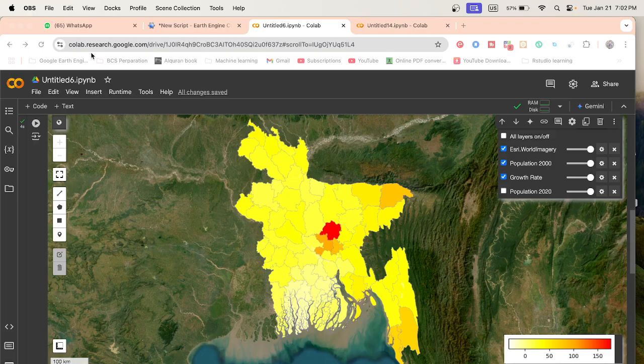Today I will try to discuss a very important topic, mainly how we can easily monitor population growth using Google Earth Engine and the Python API. I will try to explain everything from beginner to advanced level. Then I hope you can easily create the population growth map and also calculate the population growth for a specific time period. So first of all, we need to create our environment